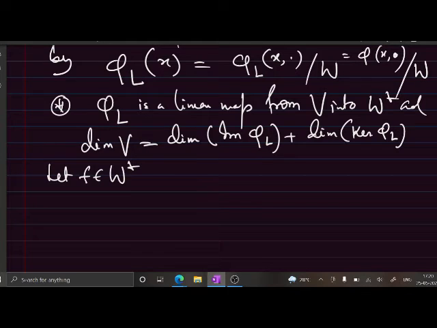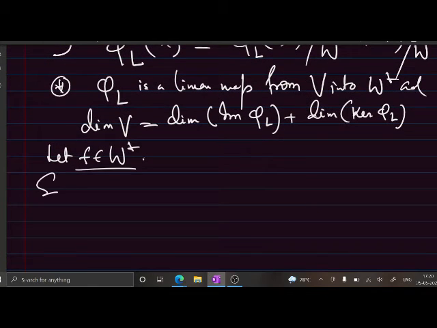So we need to check that this phi L is onto. That means the image of phi L will be the whole W star. So for this reason, let us suppose that f belongs to W star. Now since W is non-degenerate,